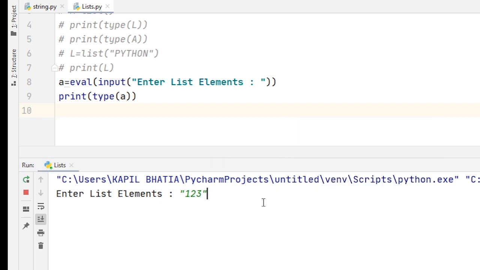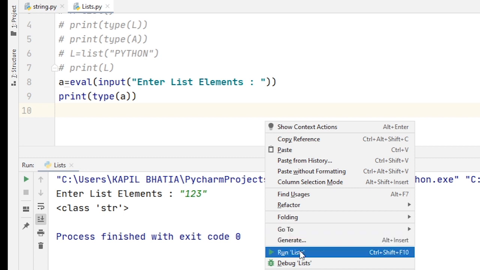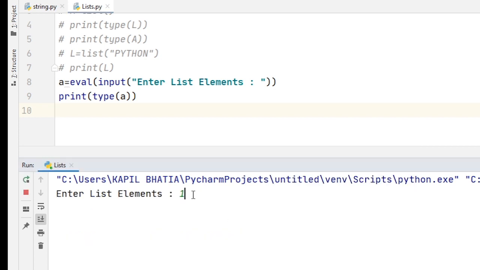It shows me the type of A is string. Again I run this code and input the value 12.5. Here you can see the type of A is float. So the eval method is used to collect information of any type.